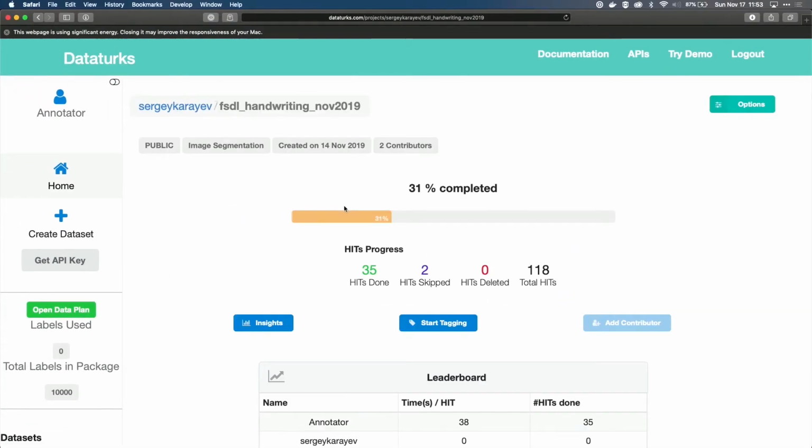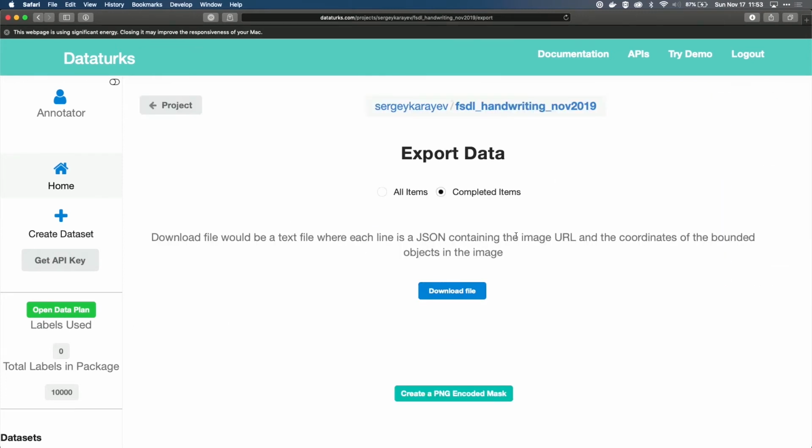But we can talk about the specifics of different choices also. But I think the top level thing is just that. So we have annotated some of them, 35 HITs done. So let's say we're ready at this point to download the data, and we're just going to download the completed